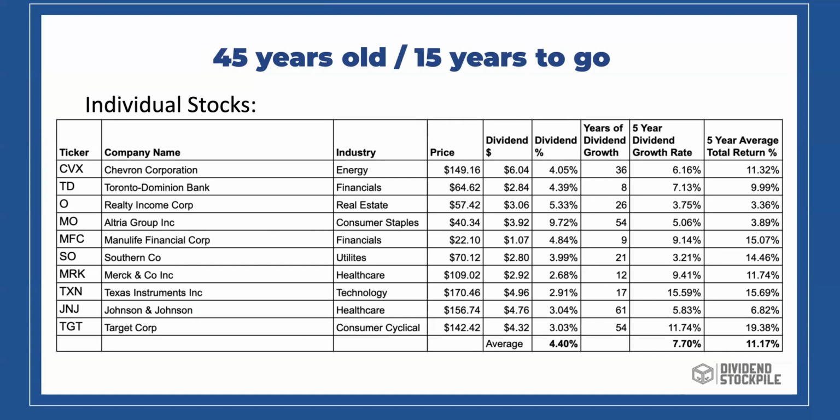For this starter pack for individual stocks, I would pick Chevron Corporation, CVX, Toronto Dominion Bank, TD, Realty Income Corp, O, Altria Group, MO, Manulife Financial, MFC, Southern Company, which is a utility, SO, Merck & Company, MRK, in the healthcare space, Texas Instruments, TXN, in technology, Johnson & Johnson, ticker JNJ, and Target Corporation, ticker TGT. Looking at the overall dividend percentage today, it would be a 4.40% starting yield with a 7.7% dividend growth